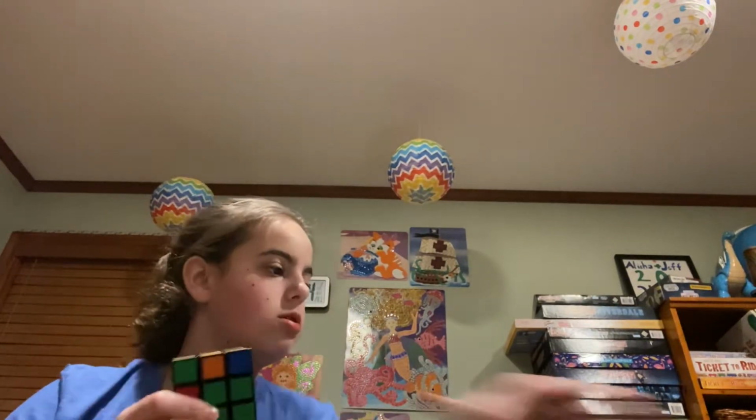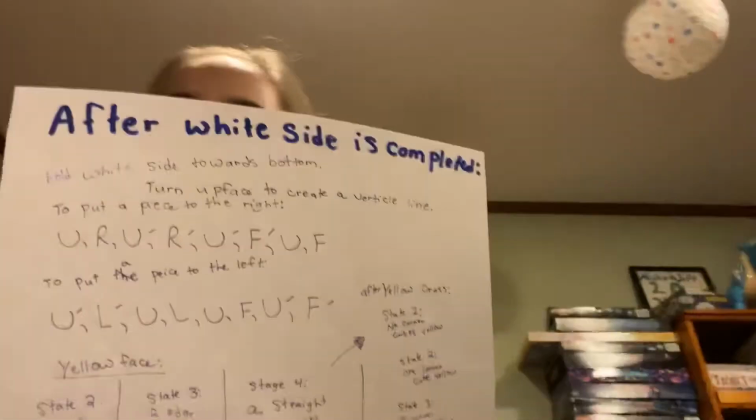So what it looks like here is that it's going to go right. So there's an algorithm. If the piece has to go to the right, then you do this. Since this piece has to go to the right, I'll show you that. You want to look at the piece that you're moving, and if it has to go to the right, in the right only, the left is different. U, R, U prime, R prime, U prime, F prime,